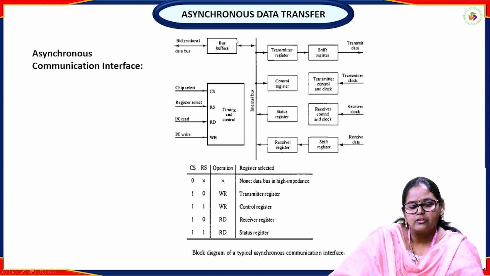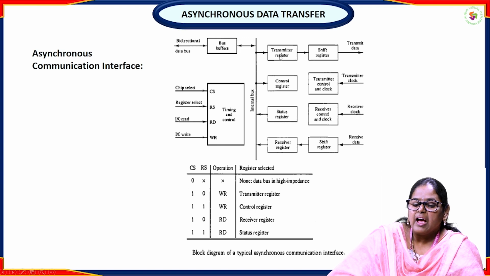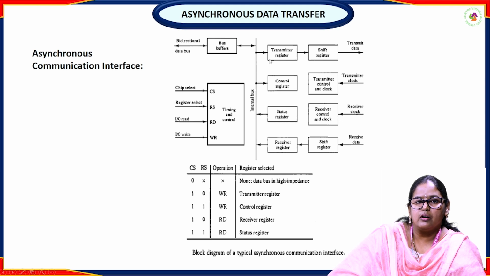The data gets stored in the bus buffers, and from there the data will come and be stored in the transmitter register. And here we will have the flags. Those flags should be checked to know whether the transmitter register is empty or not. If it is transmitting the data into the transmitter register, it should check the flag and know whether it